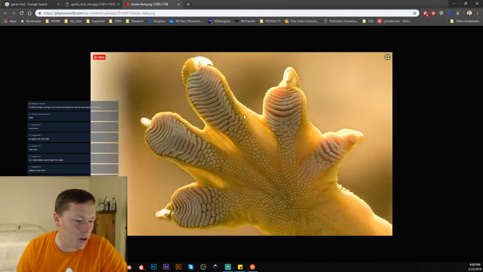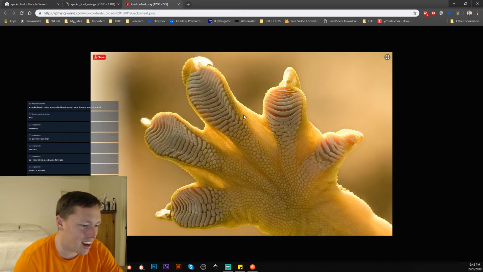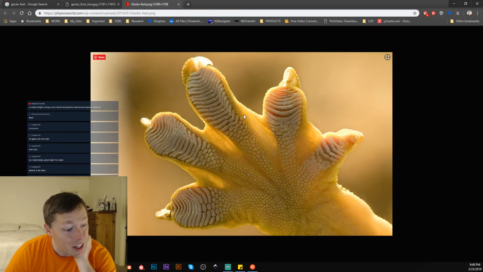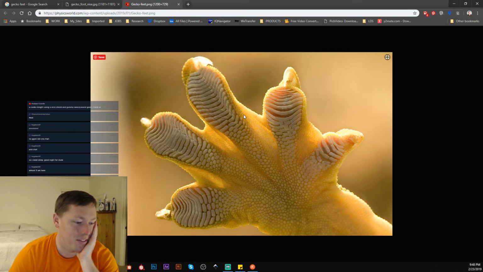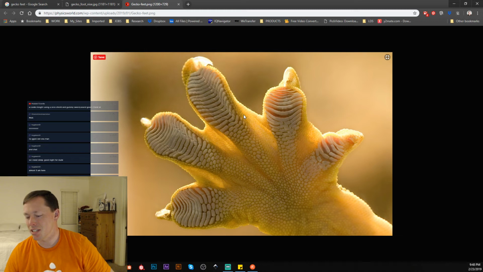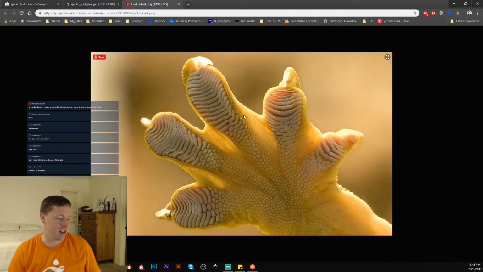Cookie knight using an Oreo shield and a gummy sword. A gummy sword, okay. That's interesting. I'll have to think about that. It was funny, I was thinking about doing a little gingerbread man.